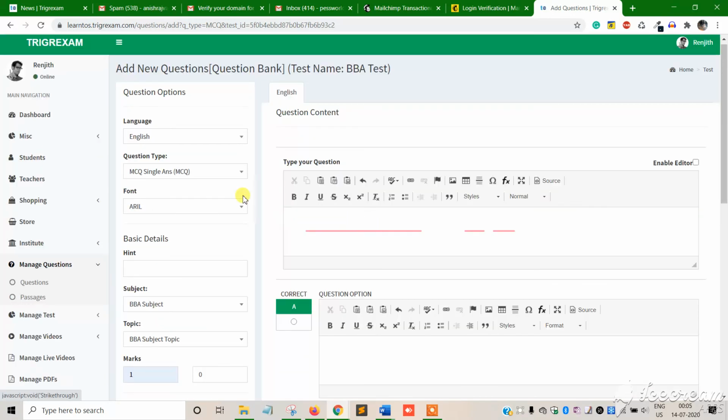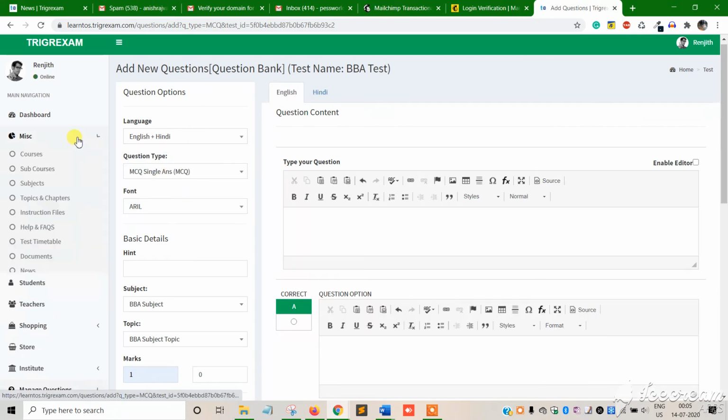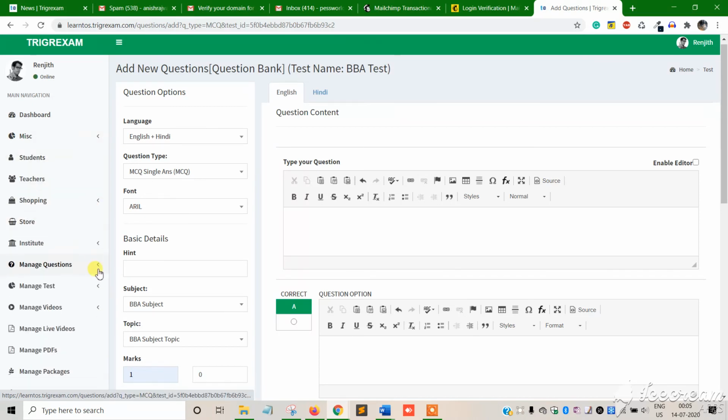If you want to select another language, like Hindi, you can, or if you want Tamil, you can select Tamil. For that you have to create the languages in the test, whichever language you want to choose. Whatever you choose, you can